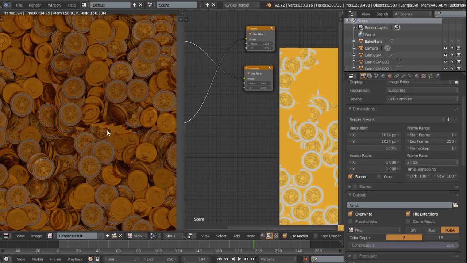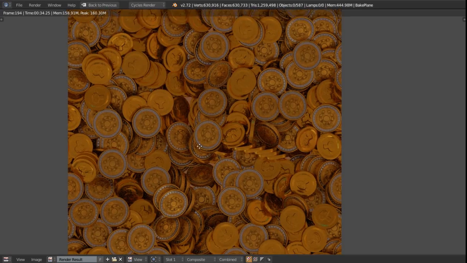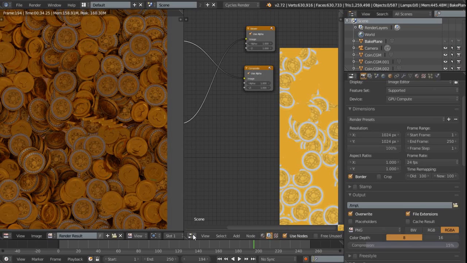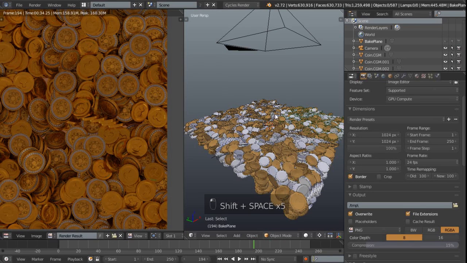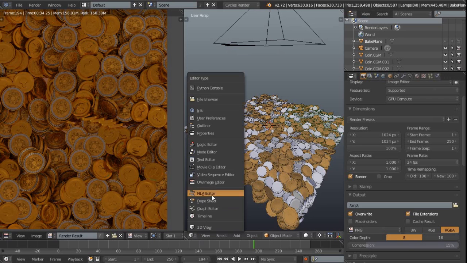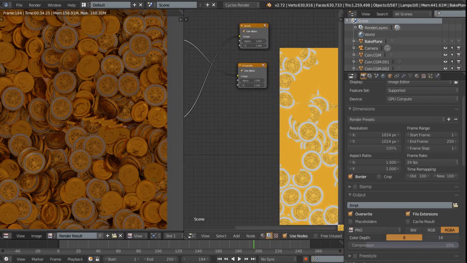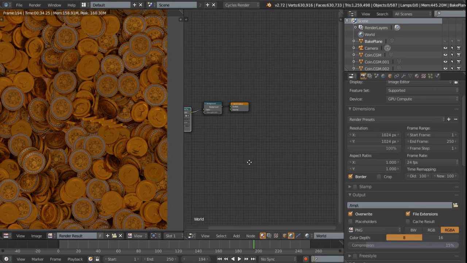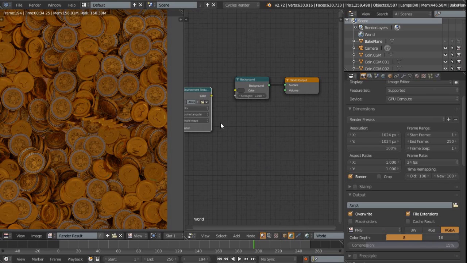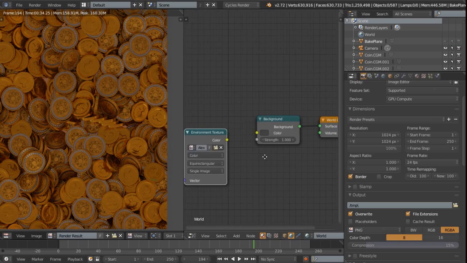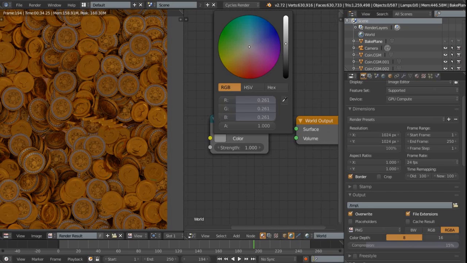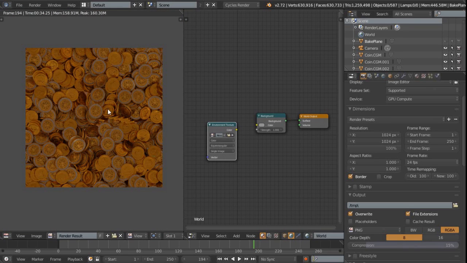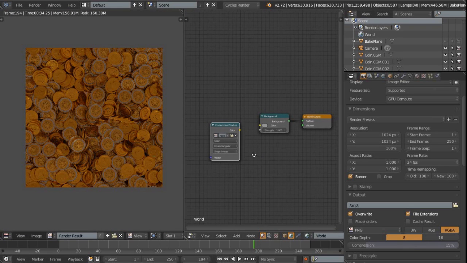But for this case, obviously even just something as low as 10 samples looks like it's doing quite well. The other thing is I would like to come back over to the node editor and come back to materials and then the world. And then I don't want the environment map to influence it anymore, just a mid-gray color. That should sort of create this texture for us, which is what I want to mix in with the normals